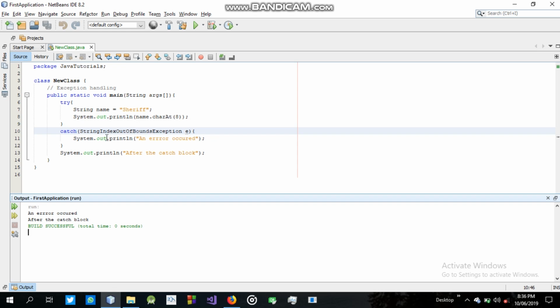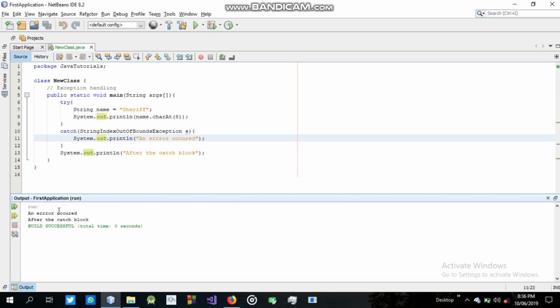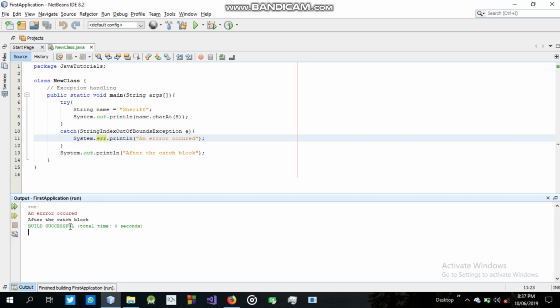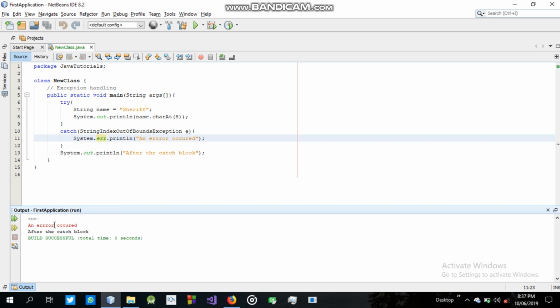Now one more thing before we call this quits. We've been using System.out.println throughout this whole series. Now if you wanted to print out an error, that is, you wanted the text to be in error color, let's say obviously errors should be in red, then here it shouldn't be System.out, we should use System.err. I think it means error. So let's run this. Now you see an error occurred. So we kind of make our code more distinct. That is, we can differentiate errors from normal print statements.